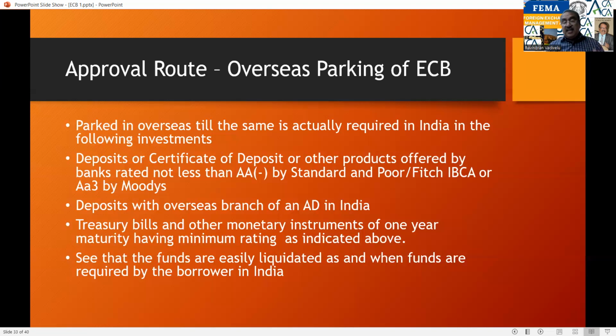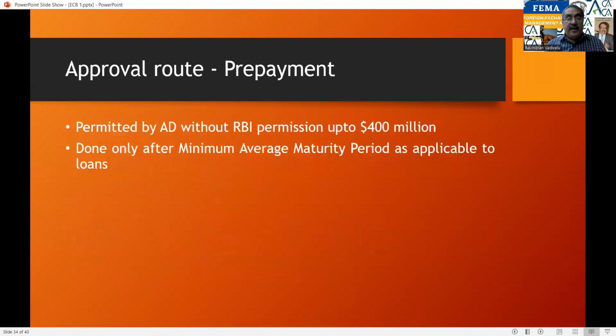See that the funds are easily liquidated. This is a very, very important thing, because you have parked the funds outside India, as they are not required here. But when you require the funds, those deposits have to be closed and the funds have to be brought into India. So the funds are easily liquidated when required by the borrower in India. And prepayment, yes, it is permitted, and without RBI's permission, prepayment is allowed up to